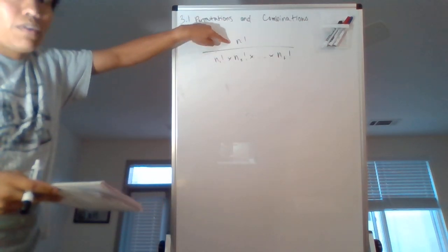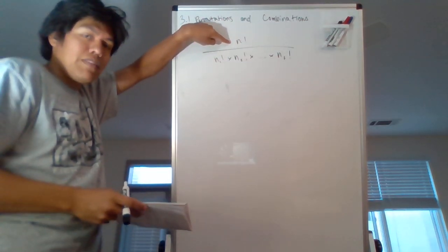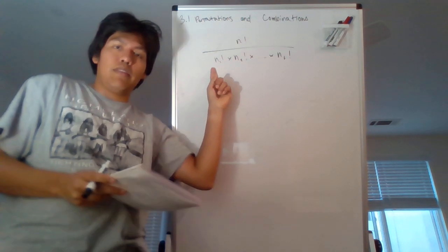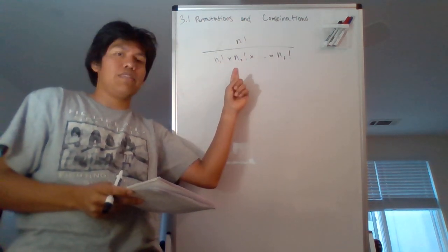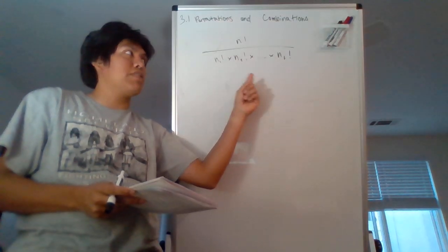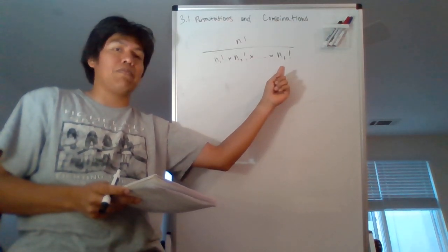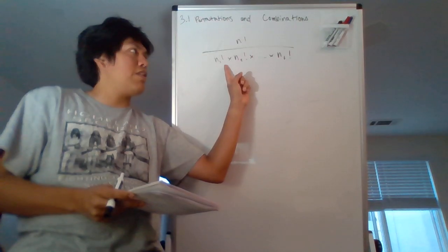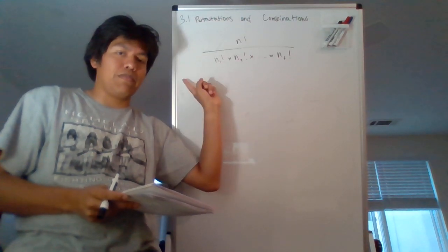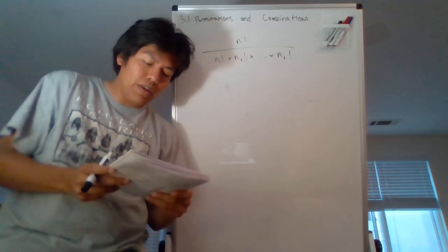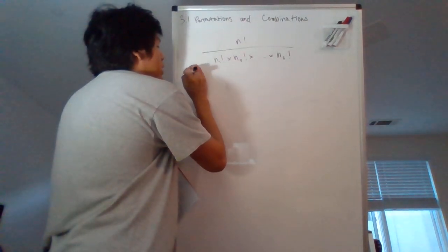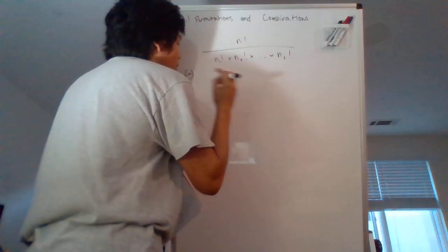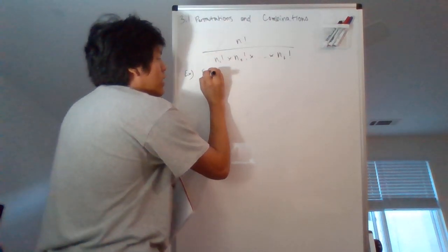Again, this is the total number of elements in a set. This n sub 1 represents one type of element. n sub 2 represents another type of element until we get to the final type of element. And you'll notice that they all have the exclamation mark after them, so we have to do the factorial for these as well. Okay, now as an example, to better illustrate this, let's say we have a set that has